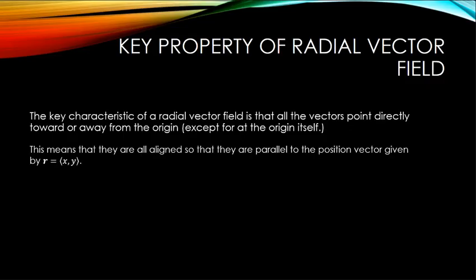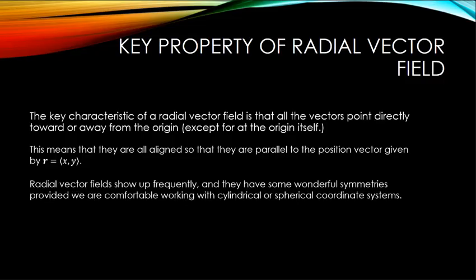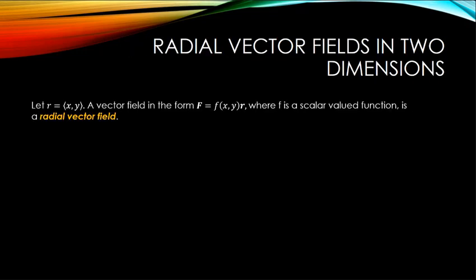This means that they are all aligned so that they are parallel to the position vector given by r equal to the vector xy. Radial vector fields show up quite frequently, and they have some wonderful symmetries, provided we're comfortable with working in cylindrical or spherical coordinates. If I let r equal the vector with components xy, a vector field in the form of the vector f equal to f of xy times r, where f is a scalar valued function, is a